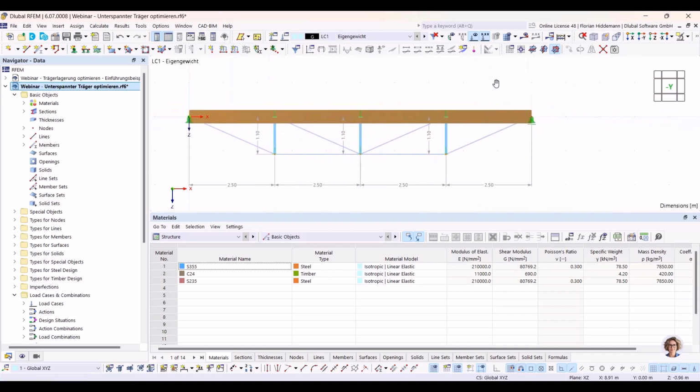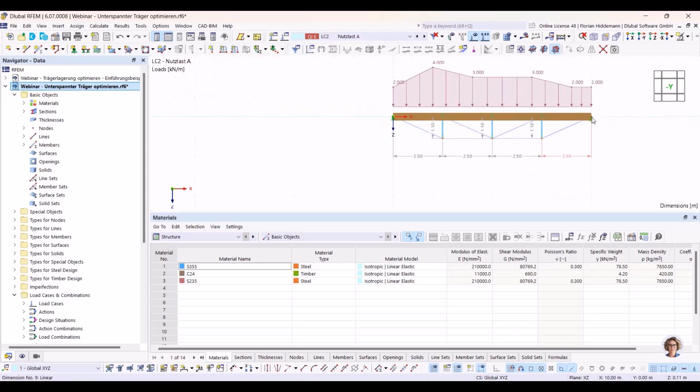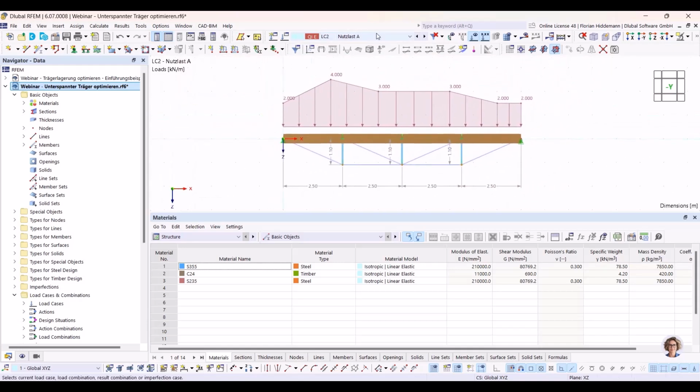And our optimization goal will be the lowest cost for this whole construction. RFEM should try to find the best geometry and the best beam height for this load setting here. I just made up two exclusive load cases. They won't come